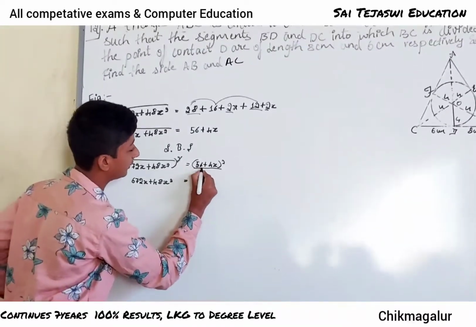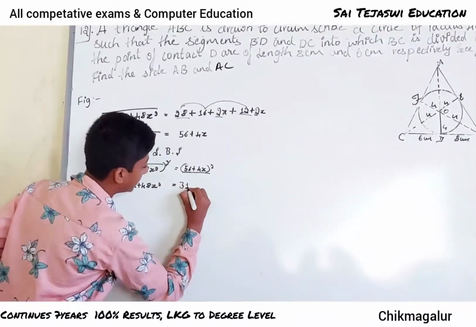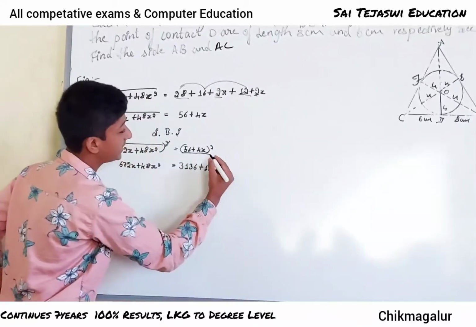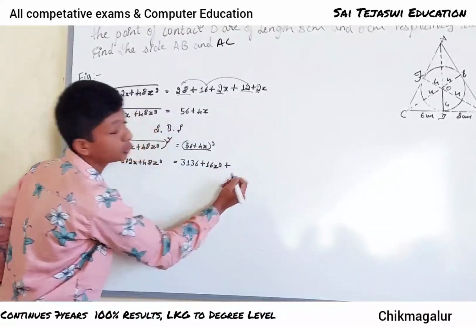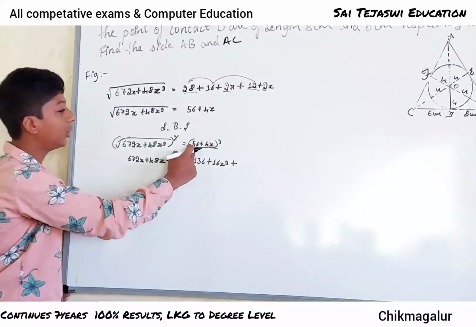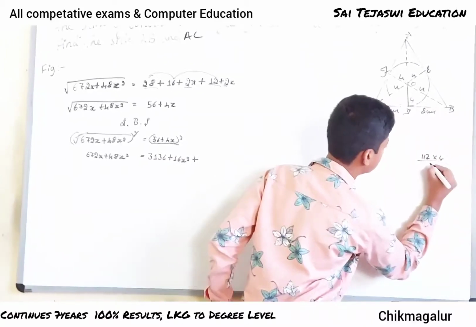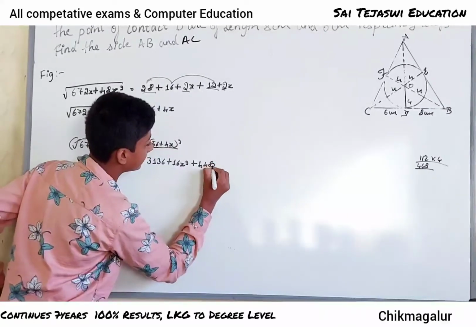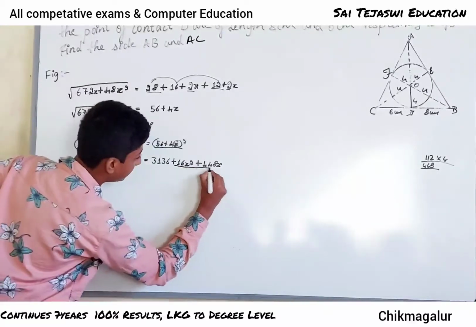So first we will do a square. 56 square is 3136. So we take this as 3136 plus 4 square, which is 16. B square means it includes x also, so we take x square. Then 2ab means 2 into a into b. So 56 into 2 is 112, 112 into 4 is 448. So it is 448x. Here we will not include the square.